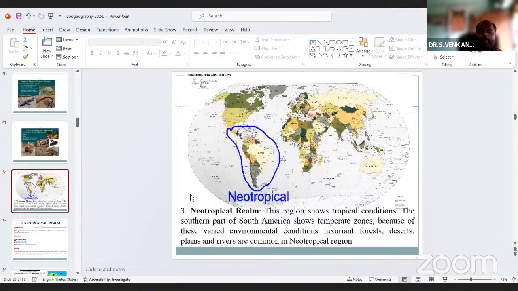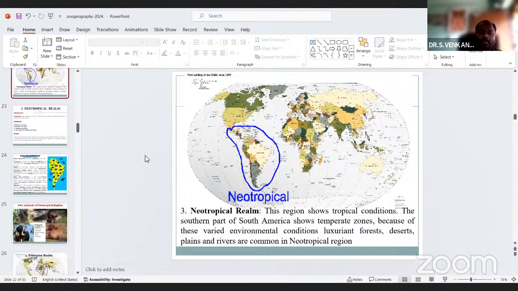The next one, the neotropical region. The neotropical realm shows tropical conditions. What type of conditions does this region have? The southern part of South America shows temperate zones.